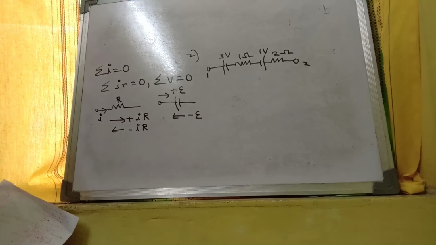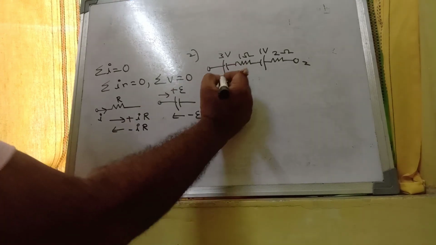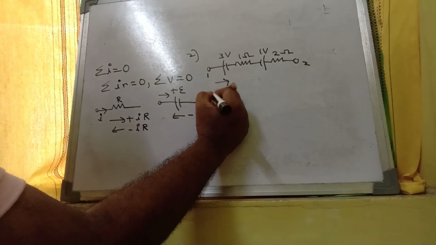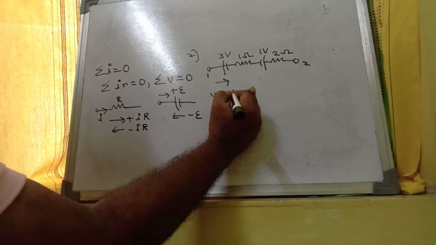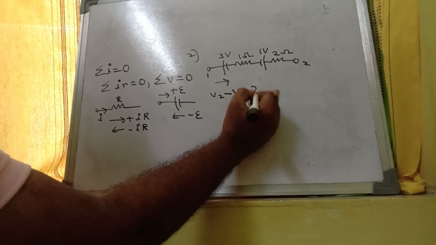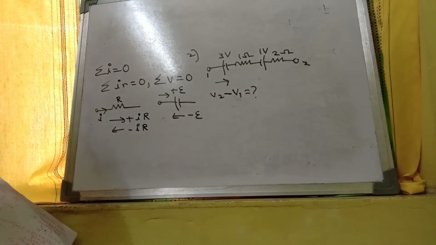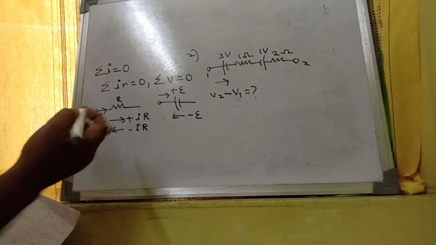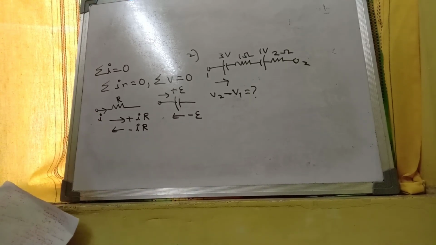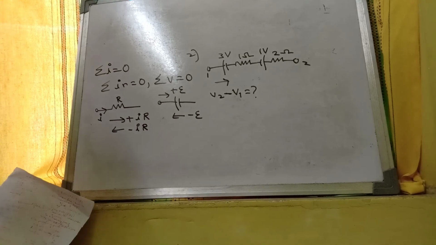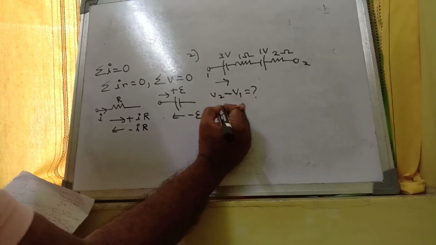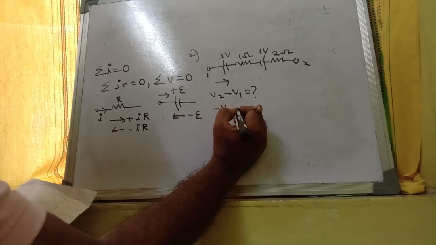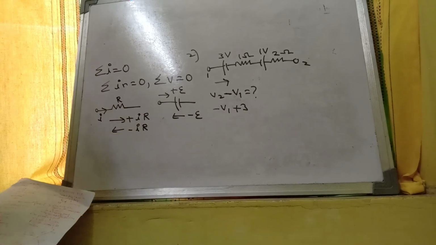Now we have to find V2 minus V1. So I am going this way. This has to be followed, and of course we are following the Kirchhoff sign convention. Following the sign convention, I write minus V1 plus 3,